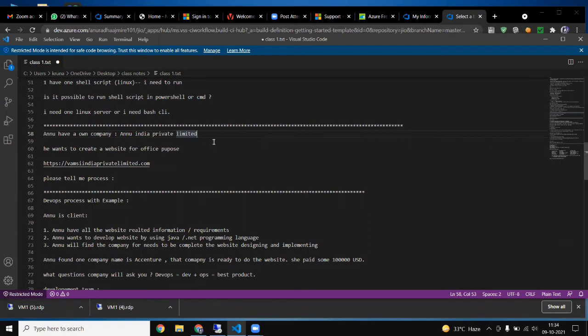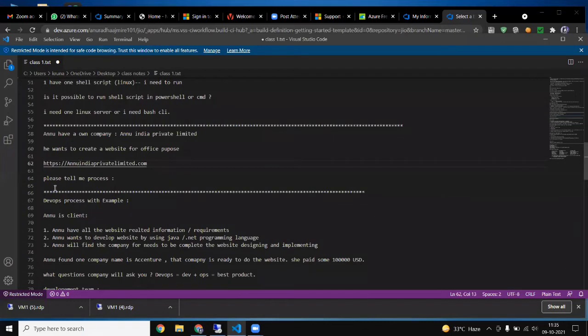Anu wants to make a website for her company with the name Anu India Private Limited.